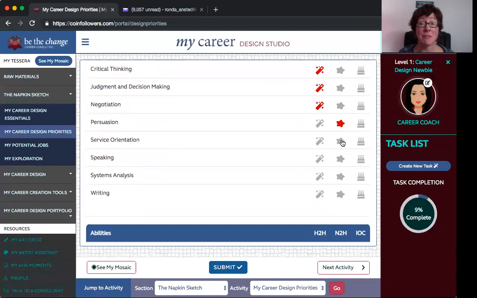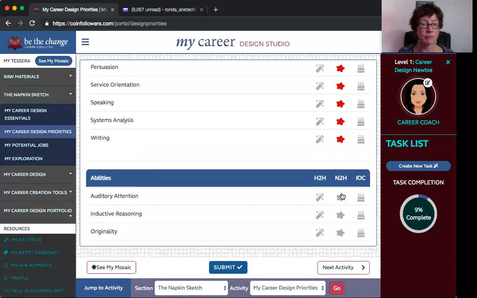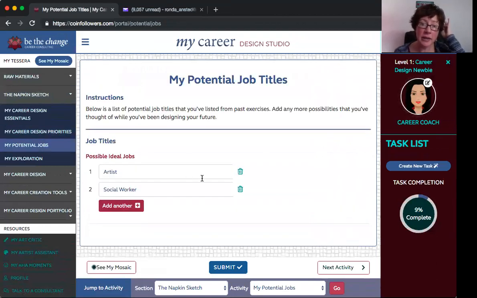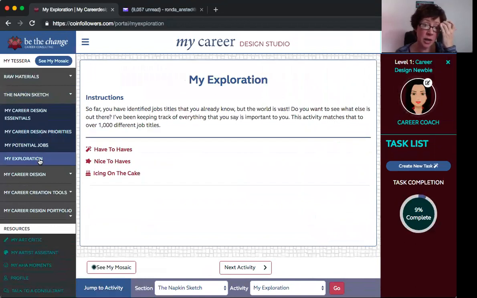So yeah, again, everybody wants everything, and life does not work like that. So think through what are the things that are most important to you. Then potential jobs. Again, as they think through what are some ideas, the system carries that over. They can also add some more things. And then my exploration